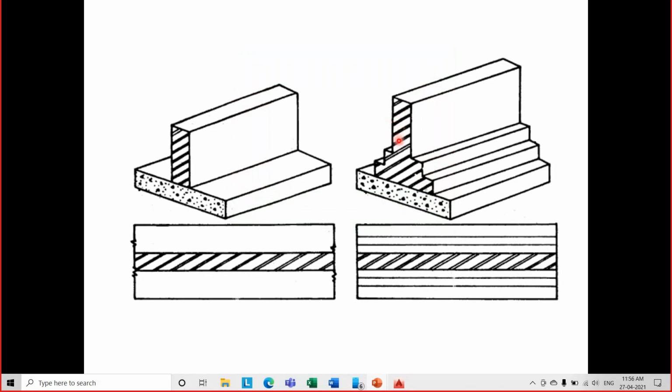Now why did I indicate the center line there? Because let's say this is a cross section of a wall with single foundation, and this is again a cross section of a wall with stepped foundation, right? So here let us assume that the wall is directly resting on PCC, and here the wall is resting on SSM, and in turn SSM, side stone masonry, is resting on PCC.